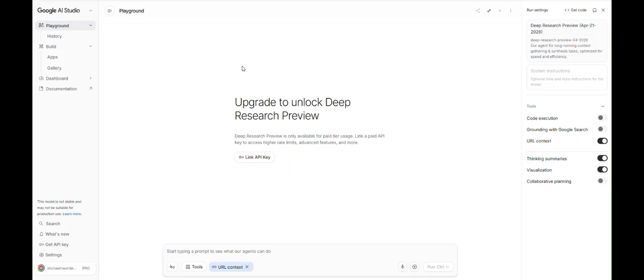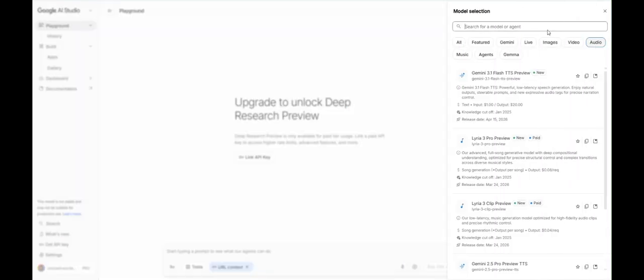I tend to like to make multimodal conversational agents, so I like throwing in images and audio and video and all kinds of stuff like that. So what you can do in the studio is you're going to have all your models up top here. You have your Gemini, you have your live speech models, you have imaging, videos, audio, music, everything right here. Today we're going to do audio. So let's go to the Gemini 3.1 Flash,